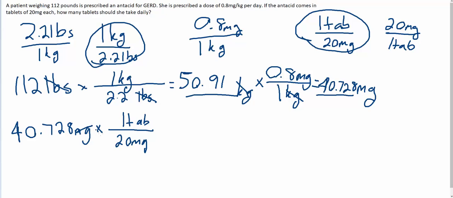Our milligrams are going to cancel because we've got them on the top and on the bottom. We'll take 40.728, multiply times 1, and divide by 20, and that gives us